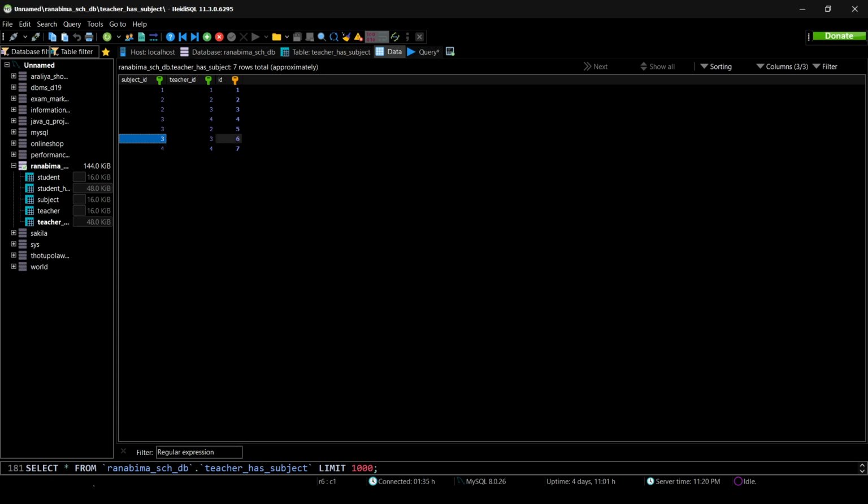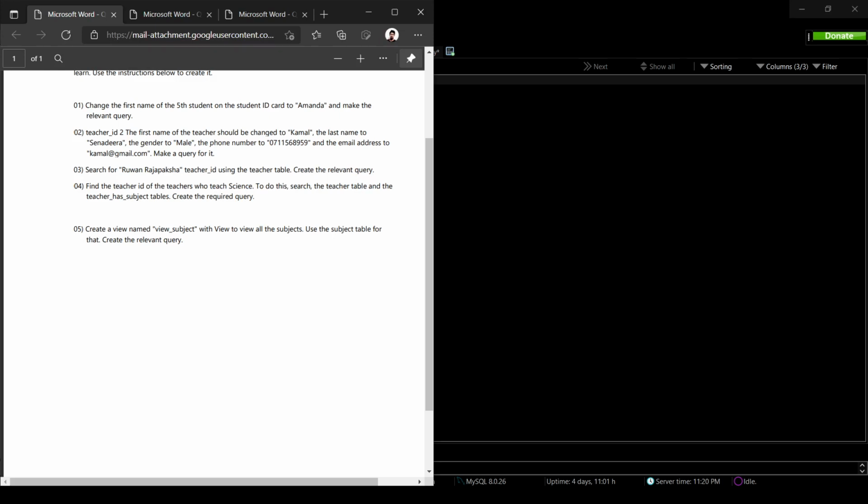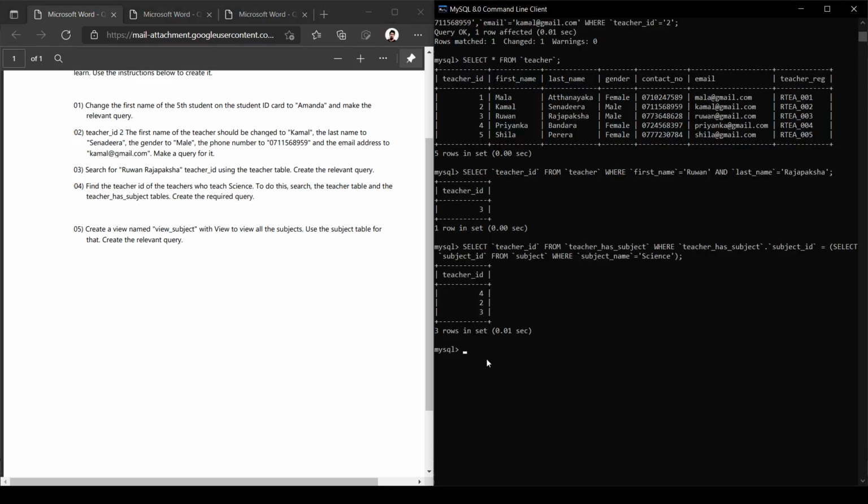So that means our answer is correct, 4, 2 and 3. Now we can move on to the last part of our question. Create a view named view subject with the view to view all the subjects. Use the subject table for that. Create the relevant query.